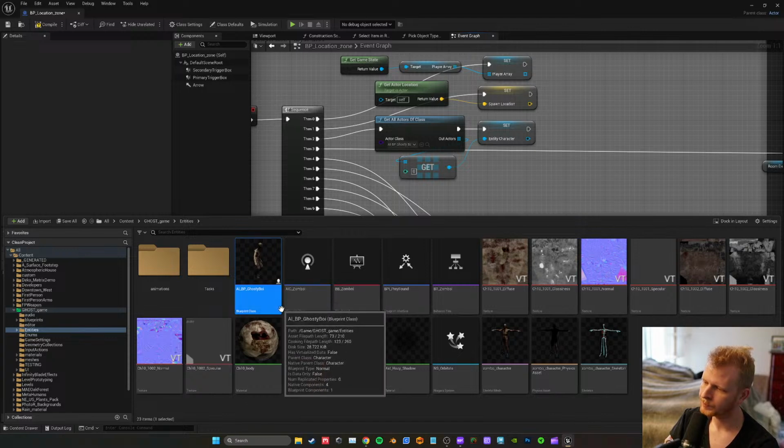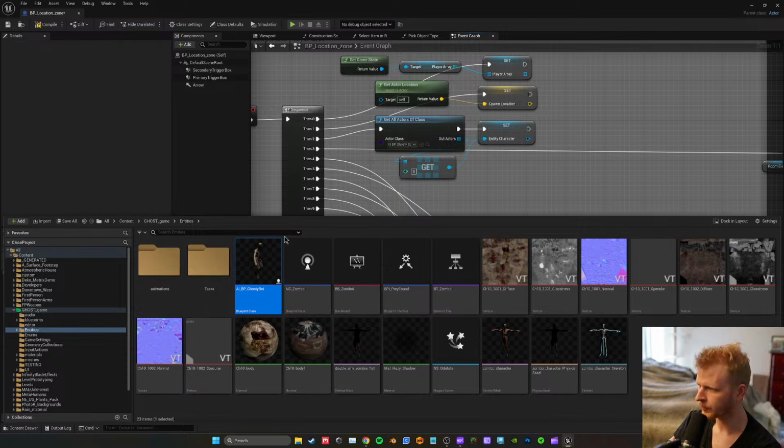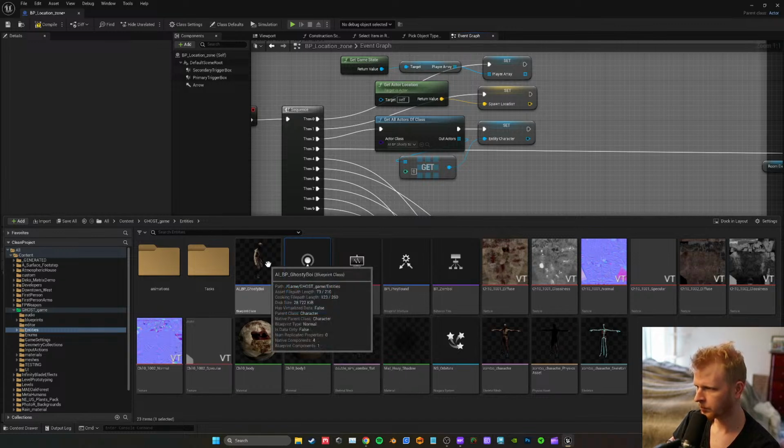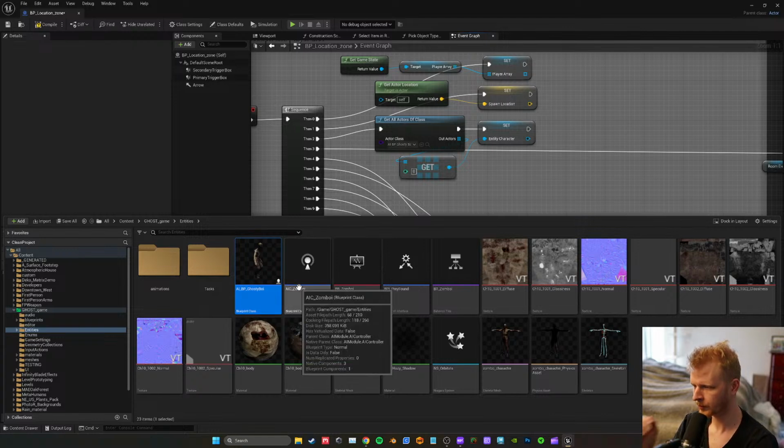Maybe we do. I'm thinking these variables are going to be character specific. So I'm trying to get away with just having one controller for the AI and then just having a few switches that I flip on and off. Which is great for the behavior tree stuff, but